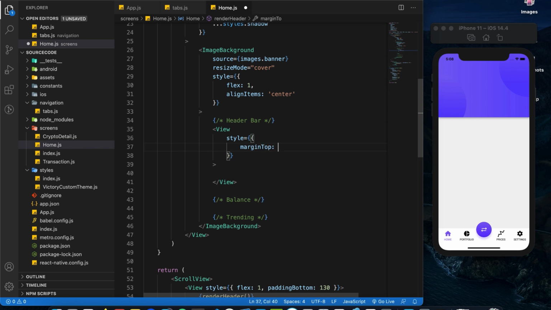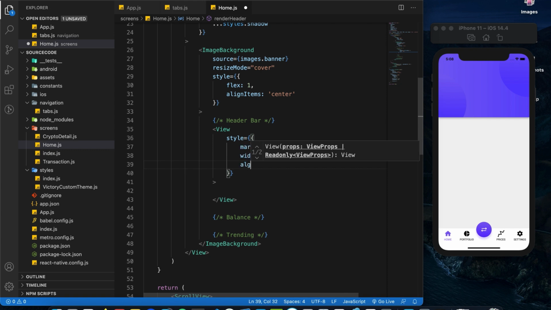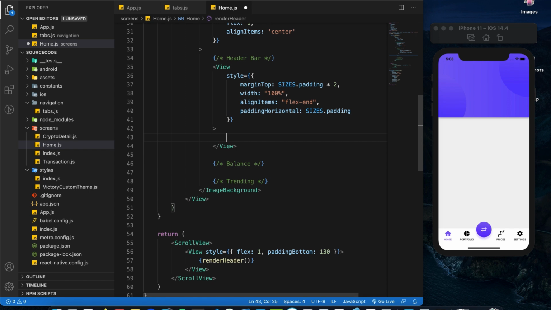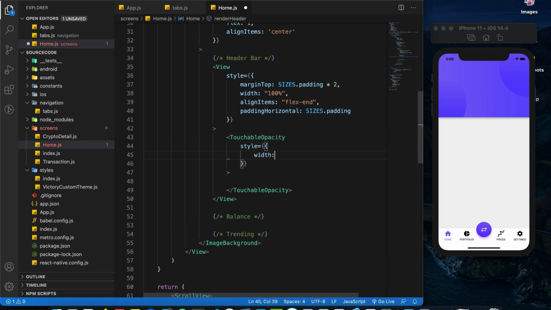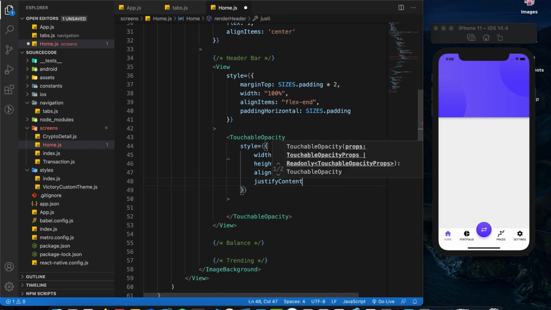So for the header bar, we will be creating a view with some styling. Margin top equals to sizes.padding times 2. Width equals to 100%. Align item equals to flex end, and padding horizontal equals to sizes.padding. And now within this view, we will be creating a touchable opacity. Give it some styling. So style equals to width 35, height 35, align item center, justify content center,